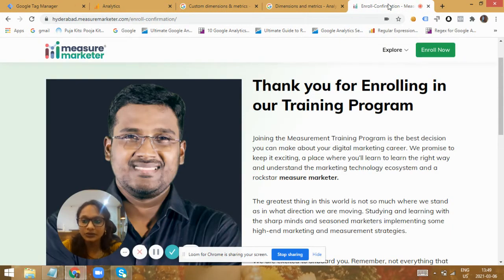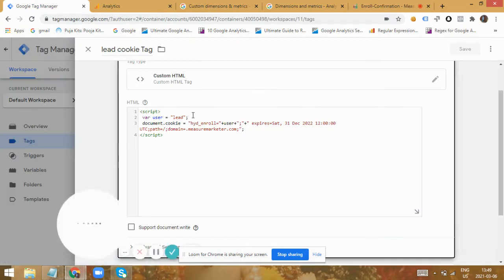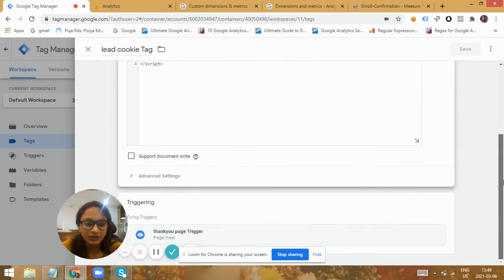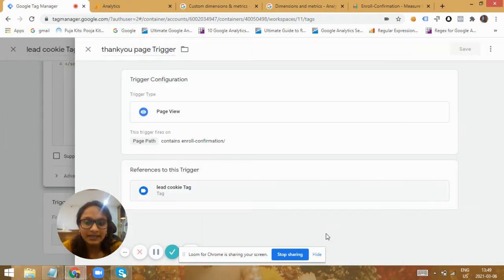It would drop a cookie named Hyderabad underscore enroll, and the cookie value would be lead, because it's a lead for us. This cookie value would persist for a long time, maybe 1 year for us. You can change this expires value depending upon the kind of business you are, and this tag will trigger only on the thank you pages.